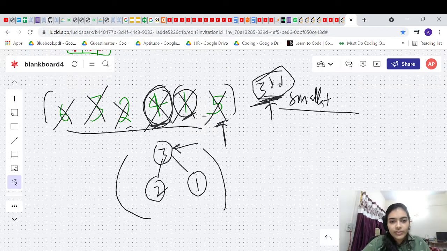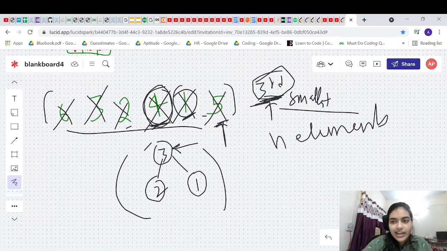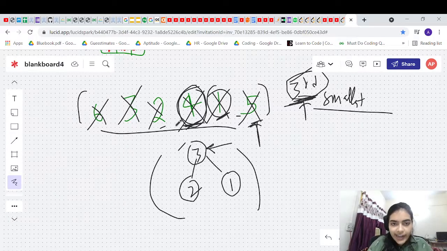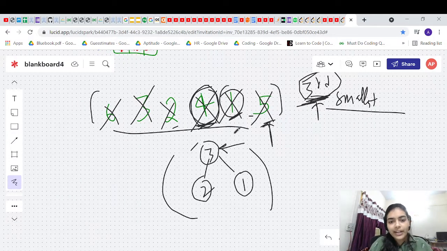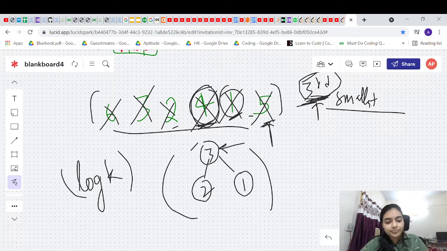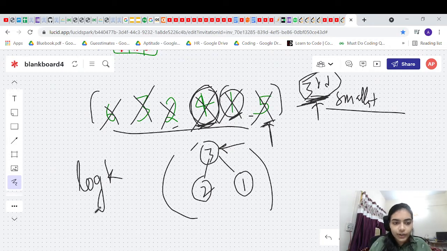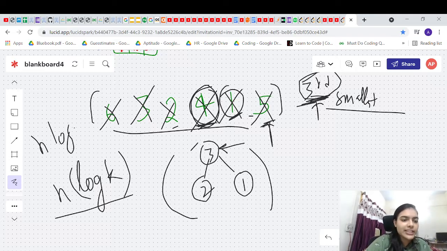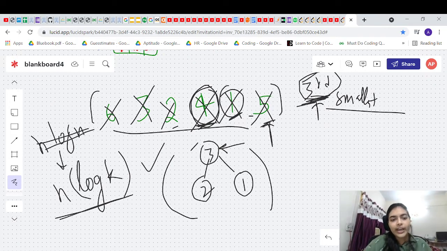What will be the time complexity of this? If we have n elements and we sort the entire thing, the time complexity will be n log n. We want to improve the time complexity, right? Instead of sorting, we are iterating over the elements once, but at each step the operations will be at most log k, for rearranging the priority queue, or for inserting, or for deleting. It will be log k, and then we have n elements. So the time complexity will reduce from n log n to n log k. Okay, this is somewhat better.